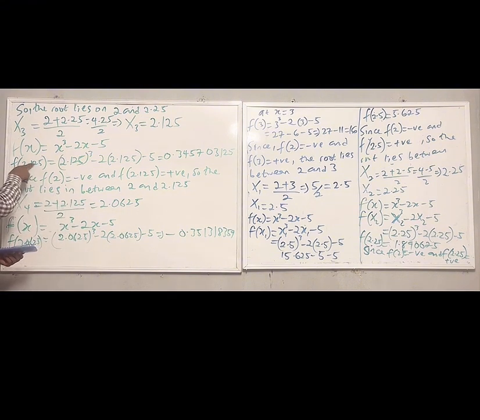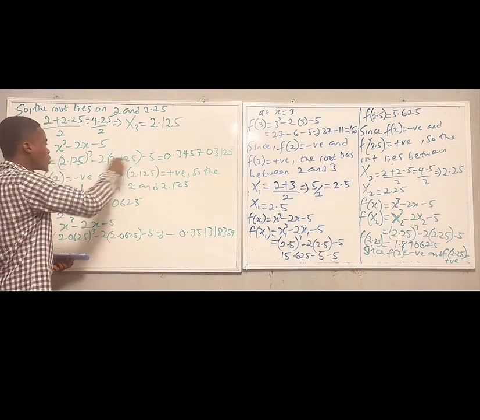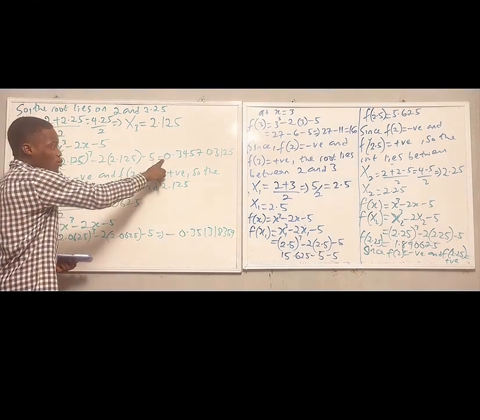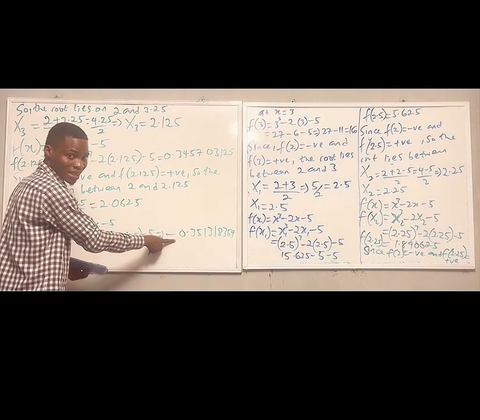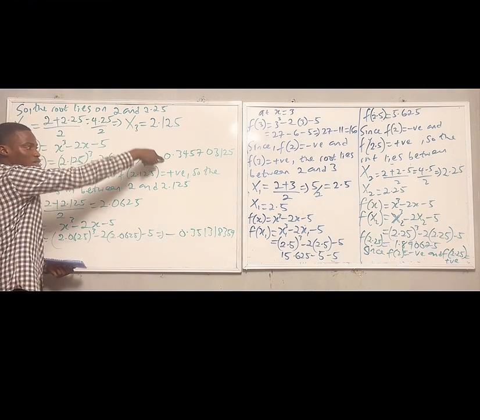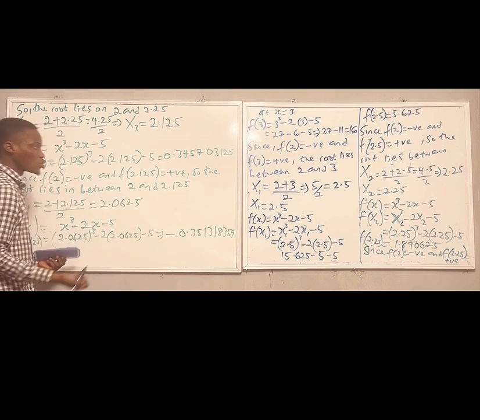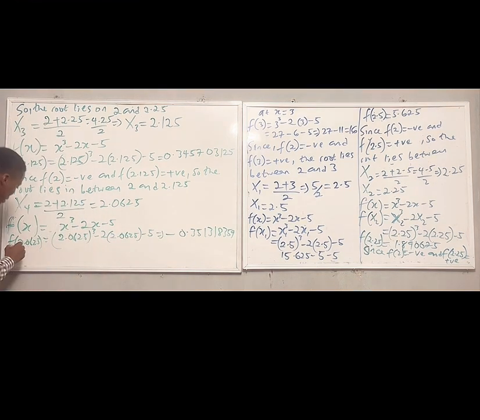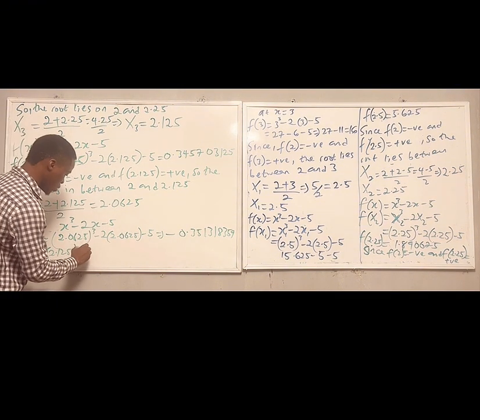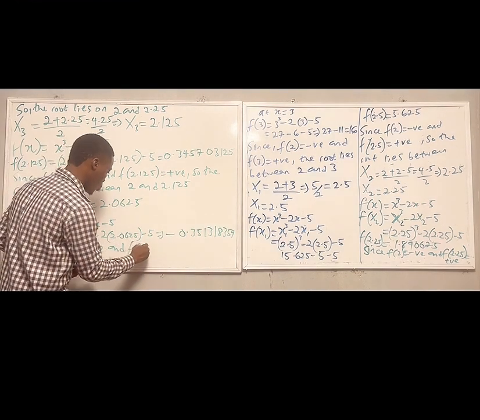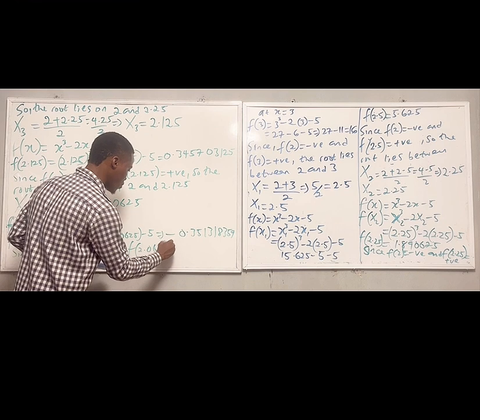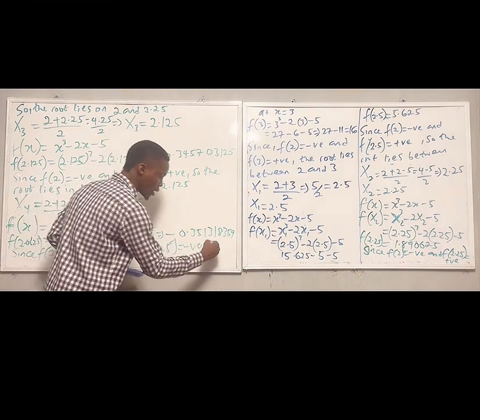When we are doing f of 2.125, what do I get? I get positive here. This is positive, so this one will not be my B. This one that gives me negative, my last answer here, will be my B. So my last positive here is A, and the next is B. So f of 2.125 is positive, and f of 2.0625 is negative. So the root lies